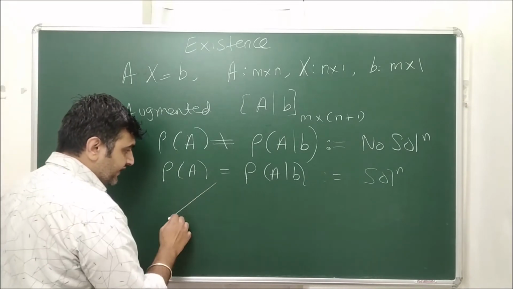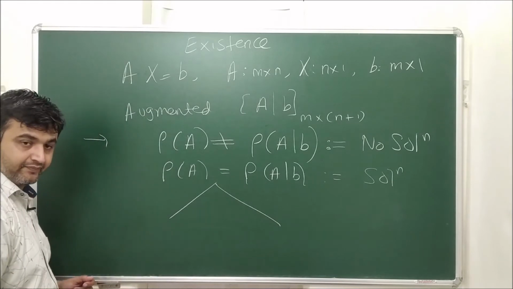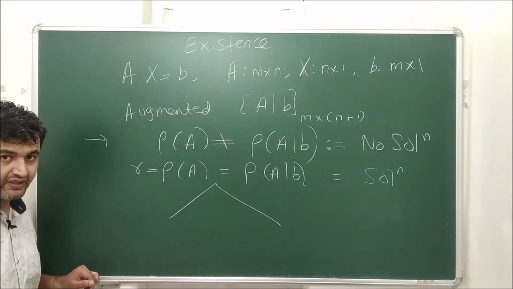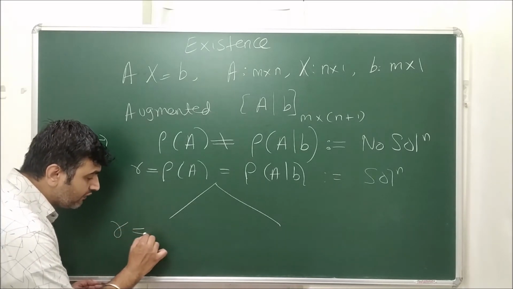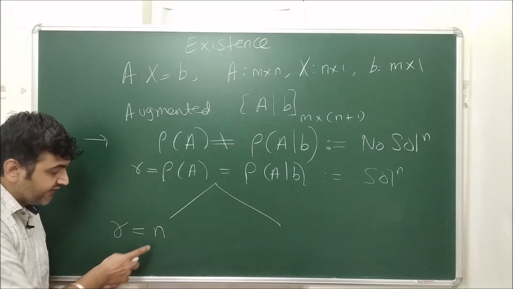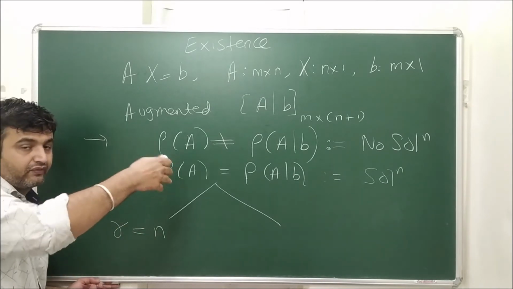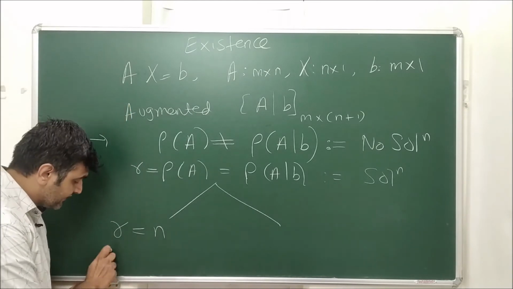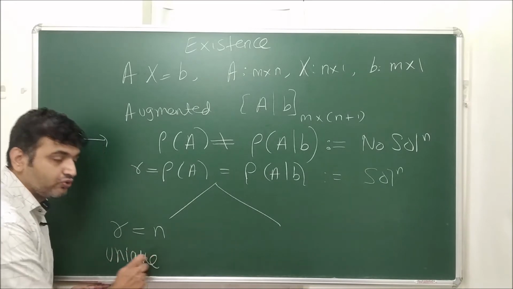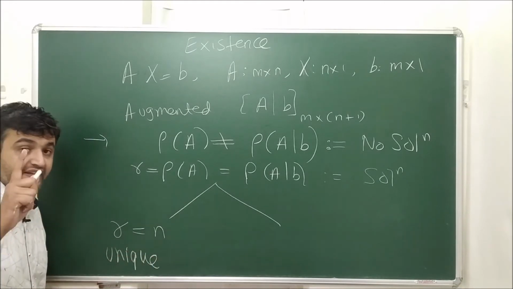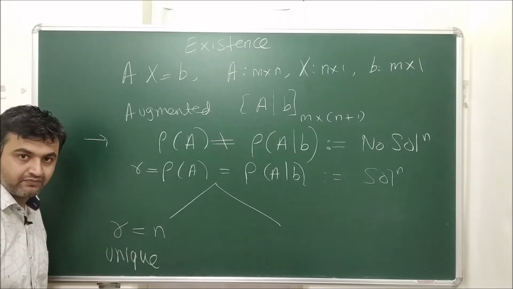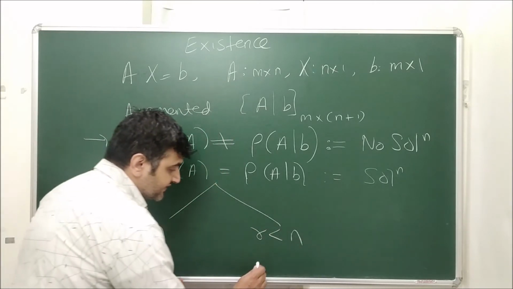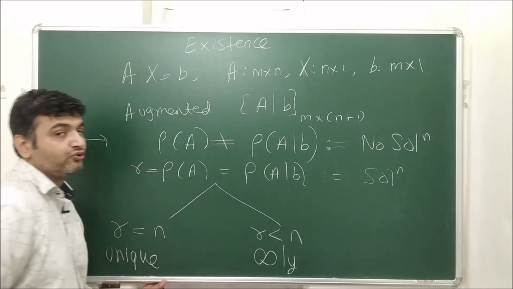Okay, and in this scenario there are further two possibilities. Let me call this number R. Suppose the rank is R, they are same for rank of A and rank of A augmented B. If the rank is equal to the number of unknowns x1 to xn, n is the number of unknowns, or you can say the number of columns in the matrix A, then the system has a unique solution. There is precisely one solution that will satisfy all the equations in that system, only one. And if the rank is less than the number of unknowns, then the system has infinitely many solutions.